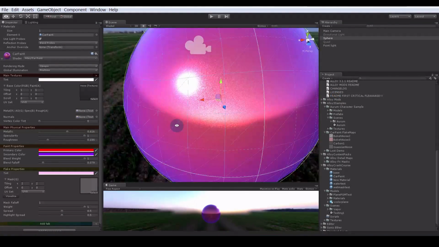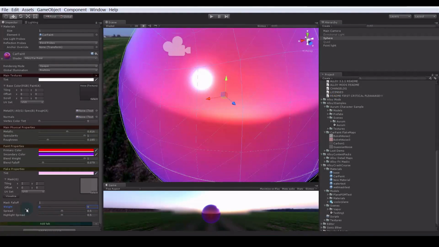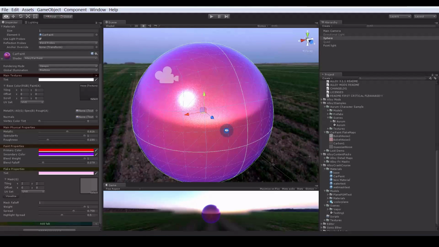And so with these flakes, you can once again attenuate their weight, and you can attenuate their spread, which is just generally, from a straight view angle standpoint, how much they spread across the surface based on angle, as well as how much they spread out from bright points. You can see that changing